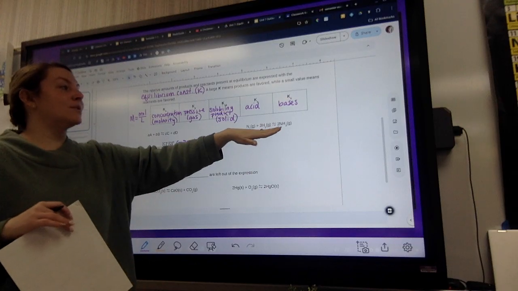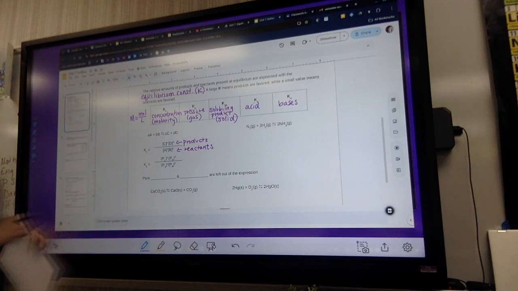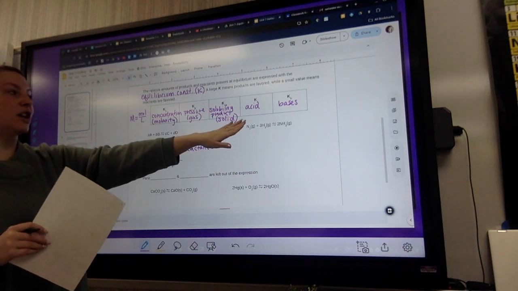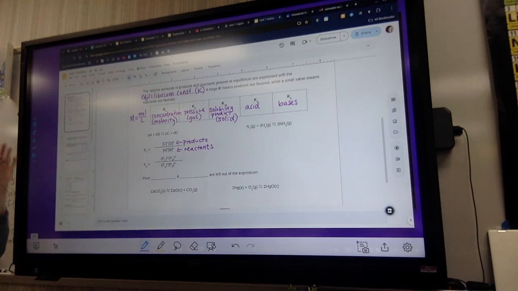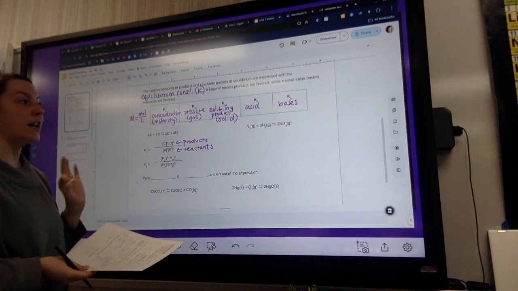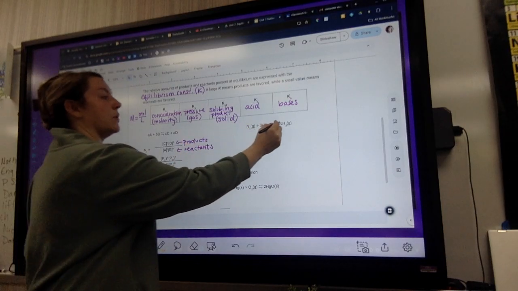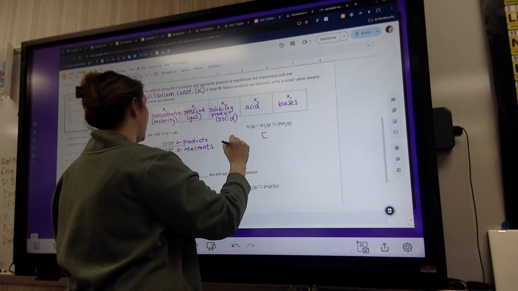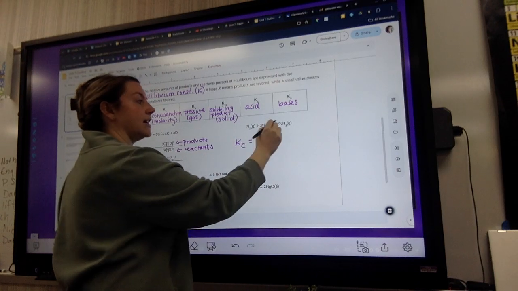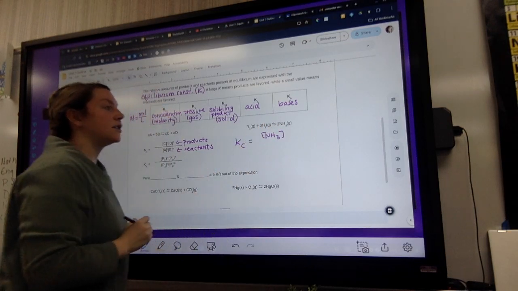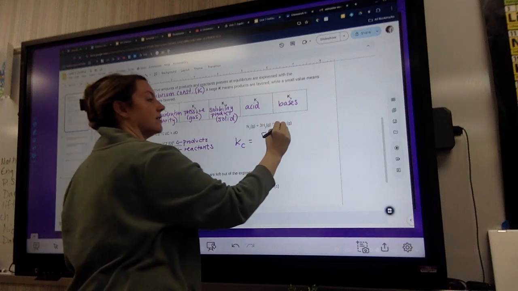So let's practice with an actual equation. Here we're going to do it in terms of concentration and in terms of pressure. I know it did give us a gas, but sometimes with gases they will give you the concentration of the gas instead of the pressure of the gas. For this we're going to do products over reactants. My product is NH3. When I'm doing my concentration, I use brackets. So I'm going to have my NH3 raised to the second power because of the coefficient,